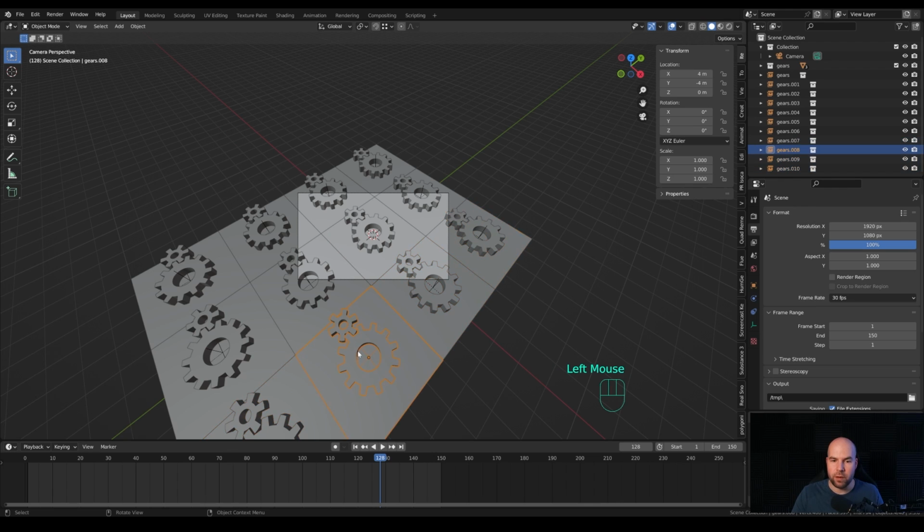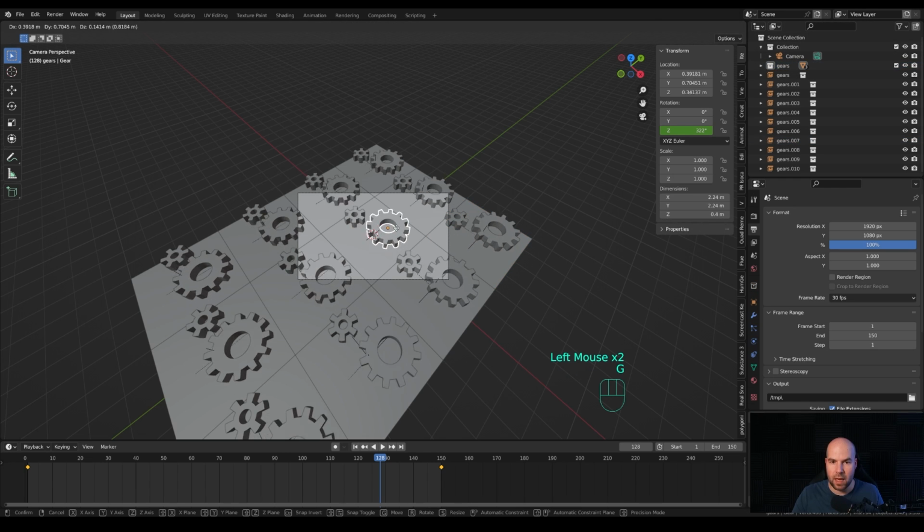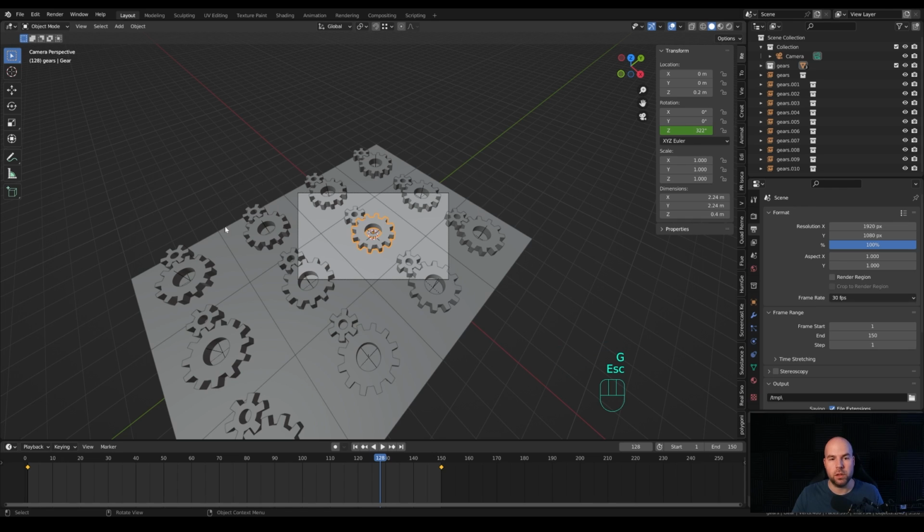So now what we have here is all of these collection instances. They can be changed. You can see they basically act as one object, and their content is based off that original gears collection. So if you make any changes in the main collection, it will change here as well. So now we have this repeating pattern that we can further edit, and it will just keep updating. So now that we have these gears animated and replicated, we can make that camera movement.